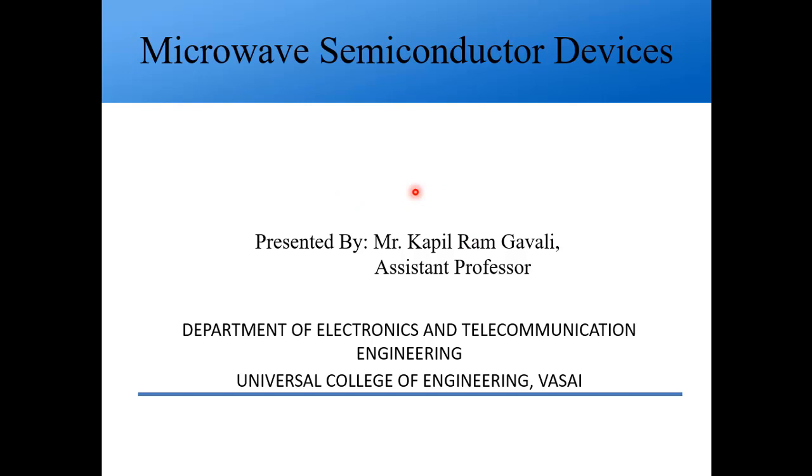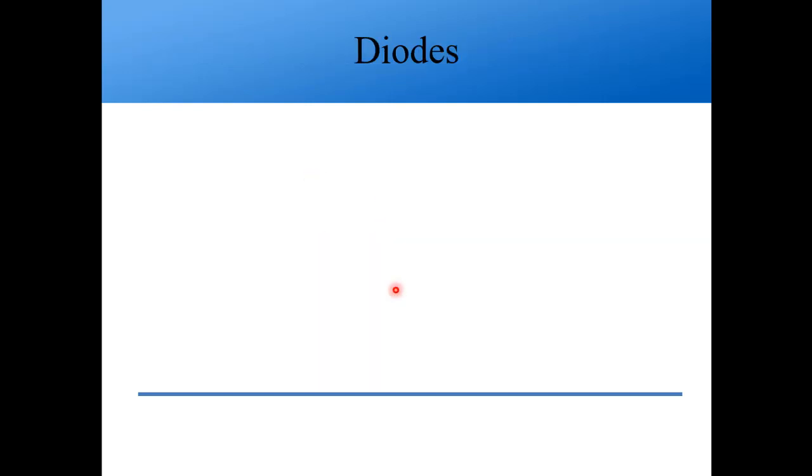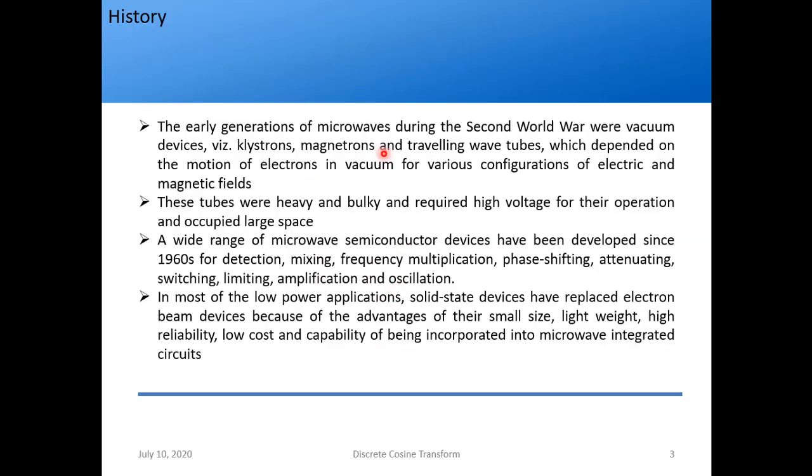They are converting the DC beam power to AC beam power, and we are getting either amplification or oscillation. The advantage of using microwave tubes is that they work at high frequencies or microwave frequencies, but they require an external permanent magnet for their operation. These permanent magnets are very bulky, so this increases the footprint and the overall weight of the system. Those are the problems with klystrons, magnetrons, and traveling wave tubes.